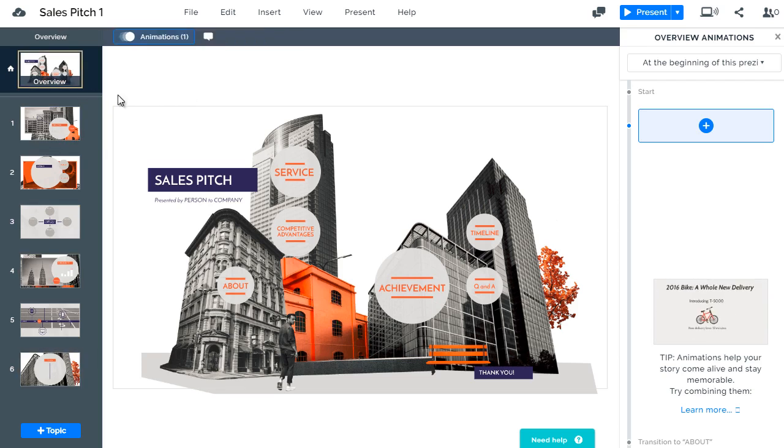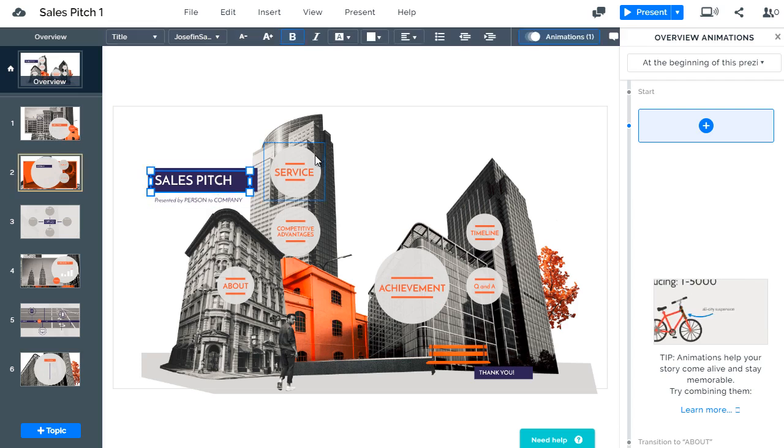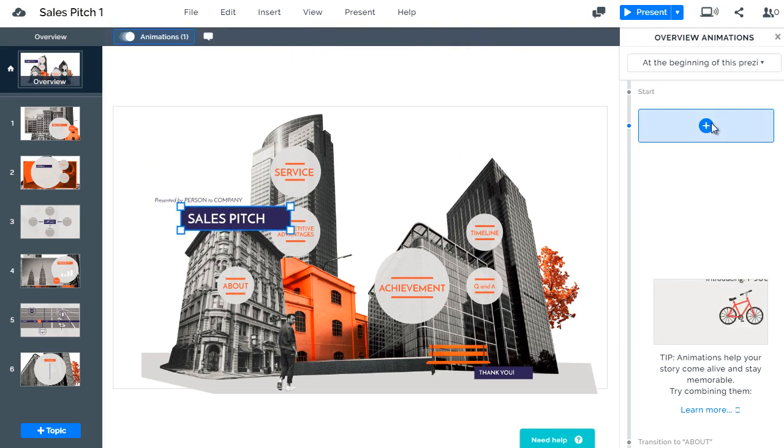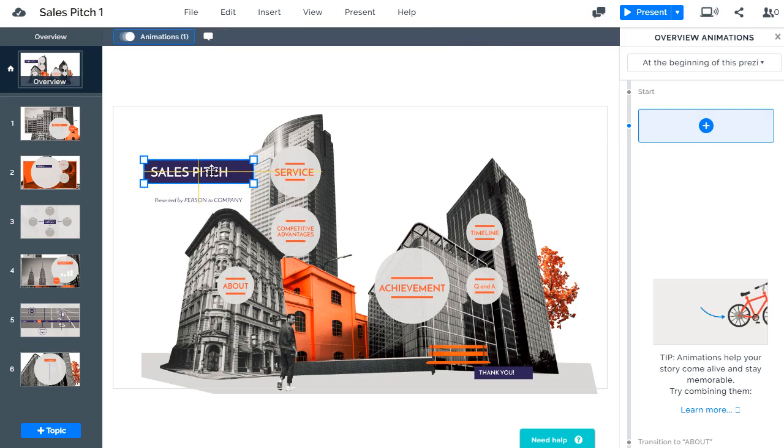So now we're taking a look at the overview, which is the overarching view of everything. Before I move into anything, let's set up a cumulative order so that it's more understandable. Let's say, for example, that we don't want certain elements right here to appear until we move forward. So let's click on the sales pitch, for example, and maybe the background. We'll select that, and of course you can move that back over here, and we'll click animations,